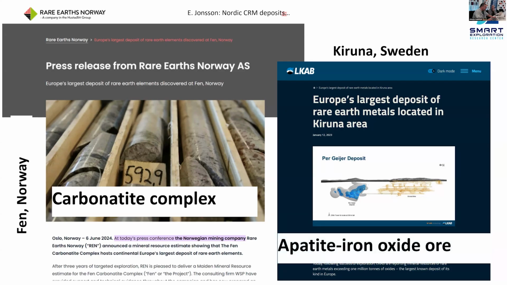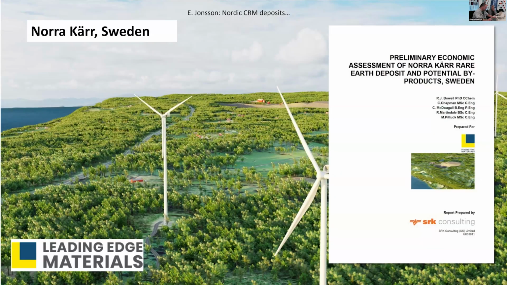And we have parts of the, let's say, Kiruna apatite iron oxide ore system, namely what's now called the Per Geijer deposit in the north of this area, where we have relatively high phosphorus and rare earth element contents that are presently being developed. We also have a singular project located at the edge of Lake Vättern in southern Sweden called